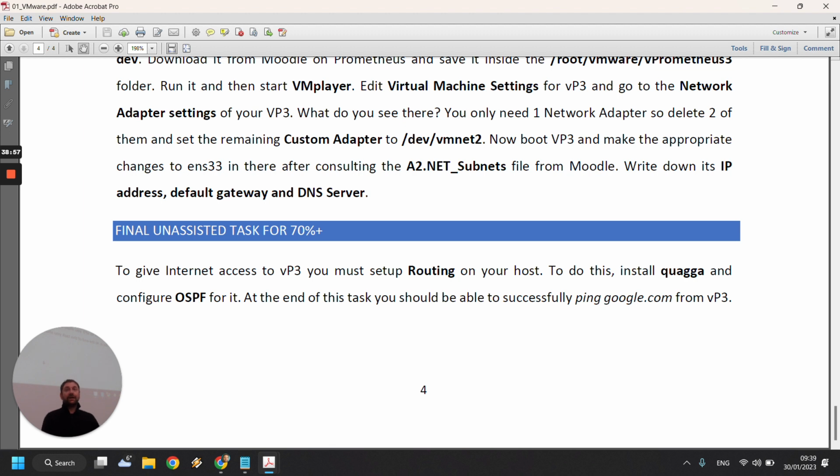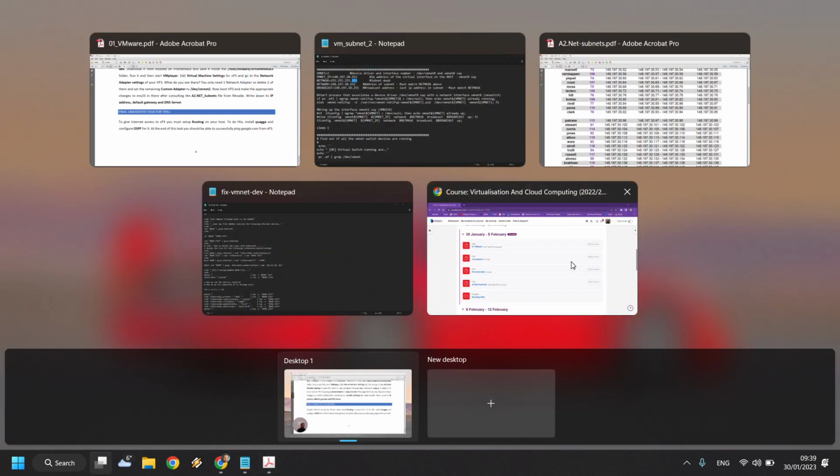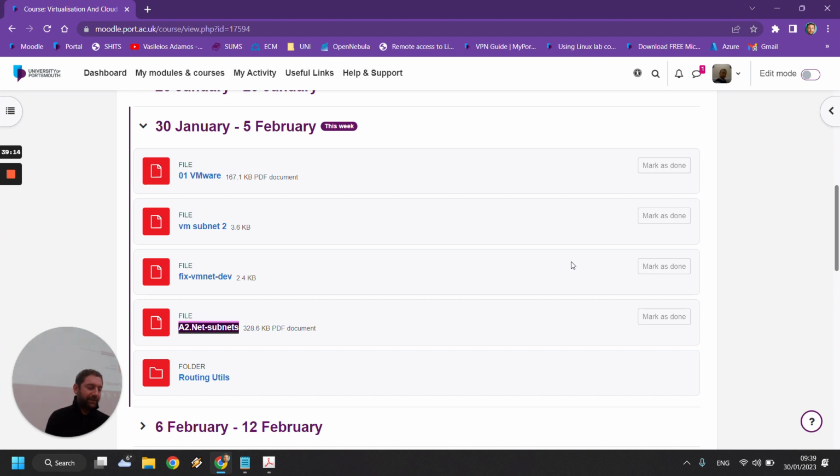And then once you do that, and if it's working correctly, you should have full internet access on vPrometheus 3, past your Prometheus VM, past your host, and past the rest of the lab. In order to do this last part, which we will help you with, but not very much, if you go into the routing utils folder in here,